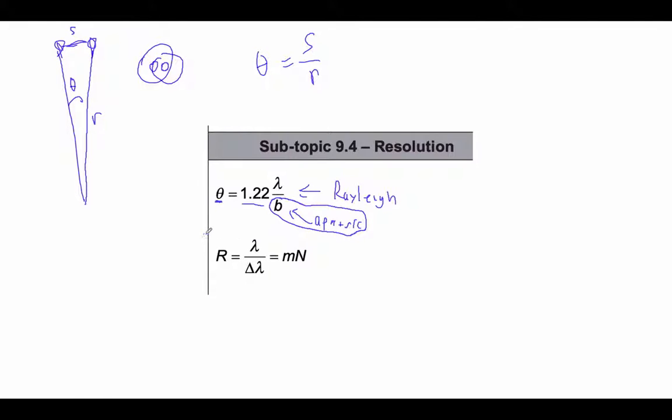Okay, and then this is for diffraction grating. We're trying to do, let's say we got a spectral line here and a spectral line there, and there's one really close to it, right? That's that little gap there. That's our difference in wavelength, right? And then this is the wavelength of light. That's the order, as in first order, second order in the diffraction pattern, right? And then this is the number of slits